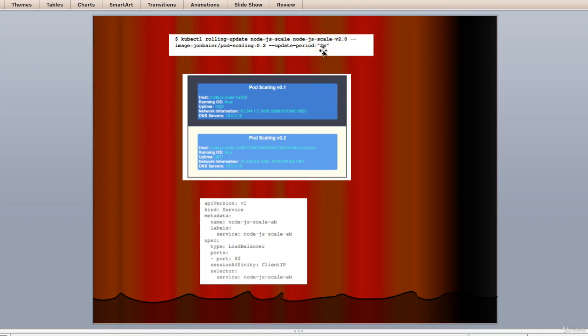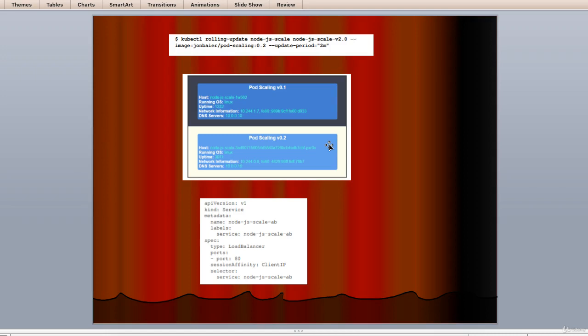So using the static external IP address from the service we created in the first section, we can open the service in a browser. We should see our standard container information page. However, you will notice that the title now says pod scaling v0.2 and the background is light yellow, as you can see here. Now it's worth noting that during the entire update process, we have only been looking at pods and RCs. We didn't do anything with our service, but the service is still running fine and now directing to the new version of our pods.